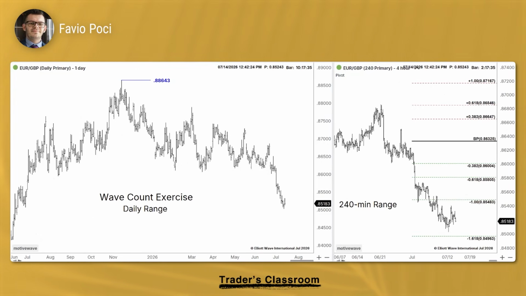This is Favio, and in today's lesson, I want to perform a wave counting exercise on this issue. Actually, this is a currency pair, Euro Sterling, and I just want to apply everything we know regarding the wave principle together, try to identify a core pattern, put the labels on, and try to figure out what path this market is currently taking from the swing high up here at 0.8864 down to today's price